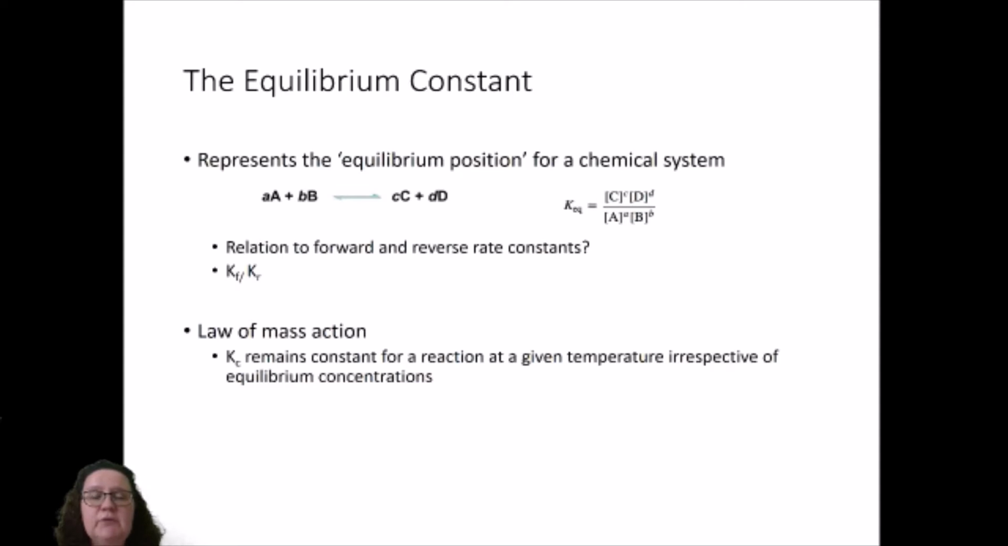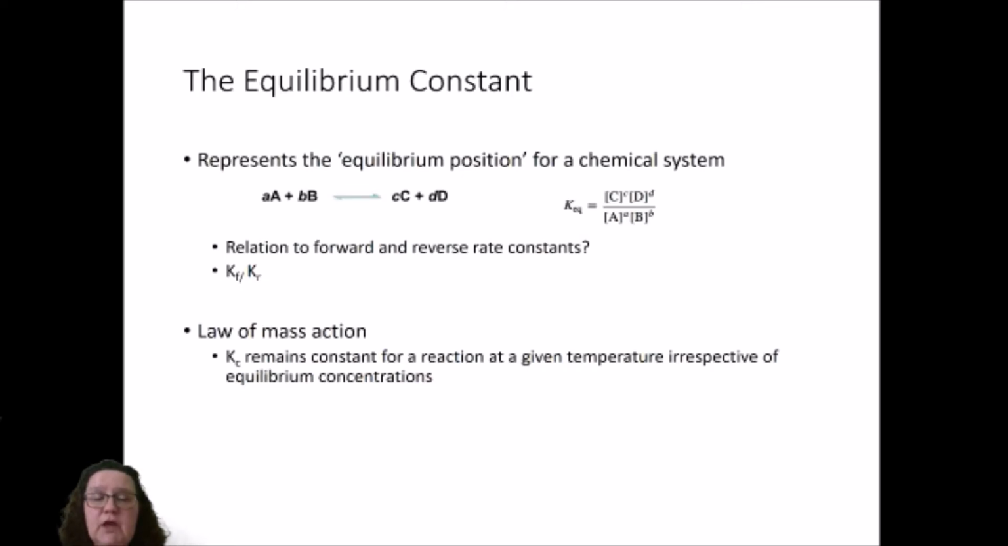We define the equilibrium constant as the representation of the equilibrium position for a particular reaction, which is given by the concentrations of the different reagents and products in that equilibrium position. If you have a reaction with reagents A plus B giving products C and D, each with their particular stoichiometric coefficients, you can define the equilibrium constant for that reaction as the concentration of